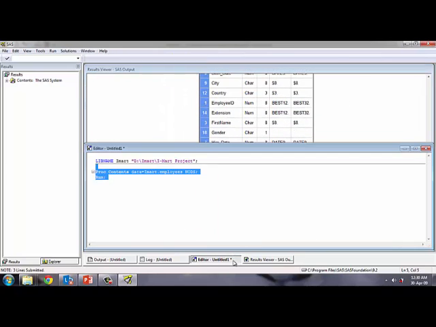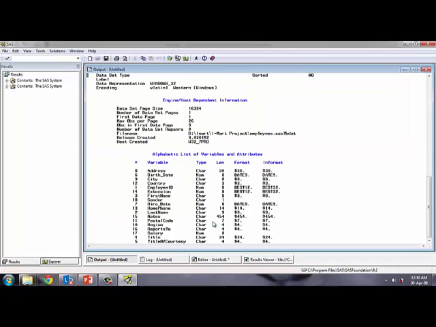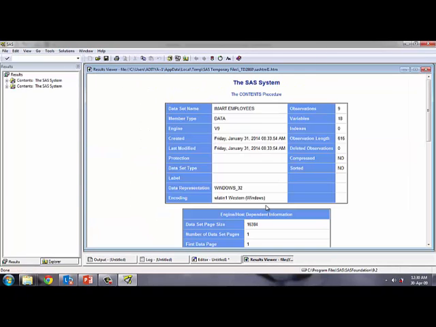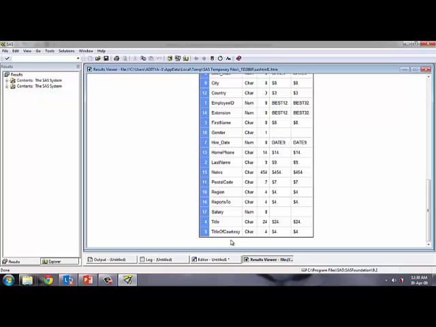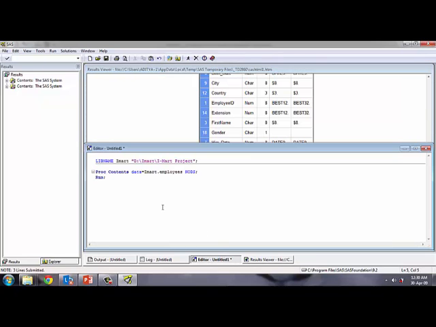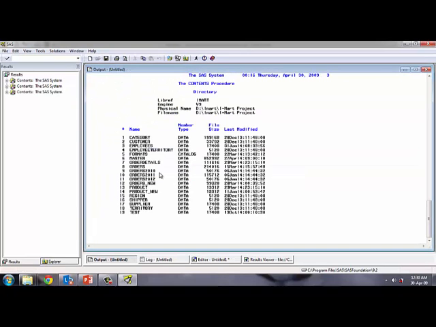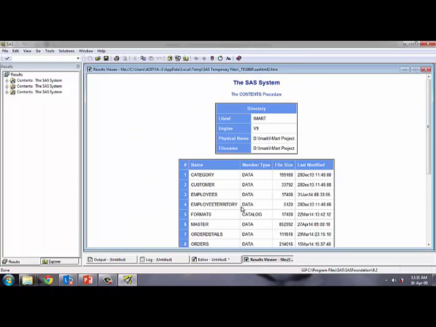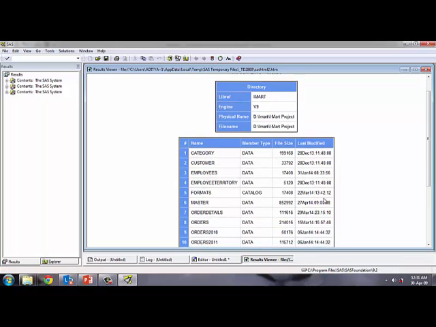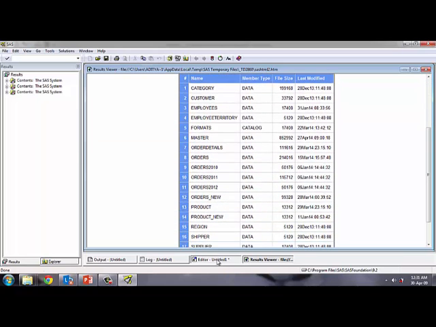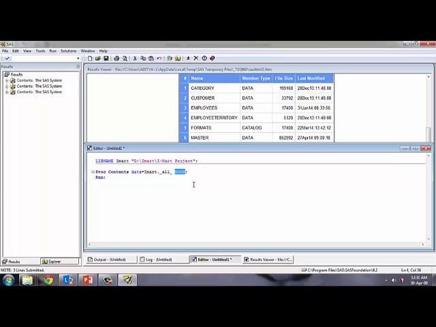Whenever you want to hide the information and display only the basic information, only the name of a table, what the member type is, what the file size is, and when it was modified. Only a few pieces of information about the tables, at that time you can use the option NODS,